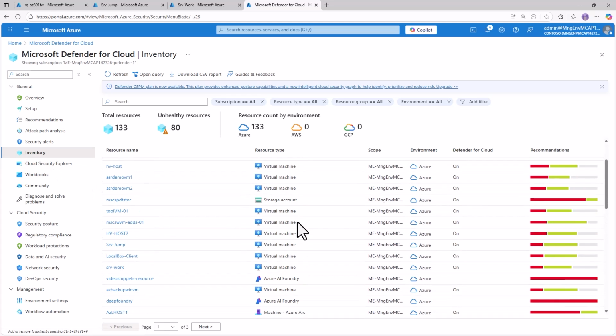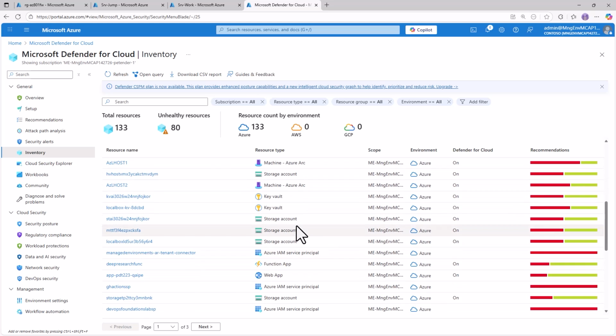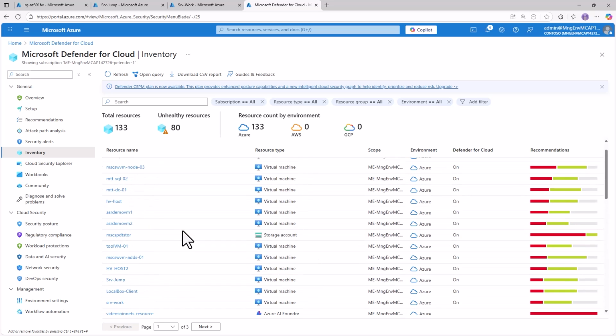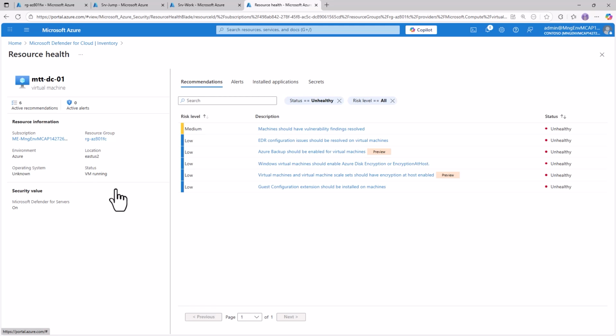And again, what I didn't emphasize in the previous part is that obviously it's not just about virtual machines. So I could pick any of my VMs, but just giving you an idea, it also looks into Key Vault, storage accounts, Azure Arc for my hybrid servers, function apps, web apps, so pretty much anything that you expect from an Azure perspective. If I look into one of my virtual machines, it's immediately going to provide me that security